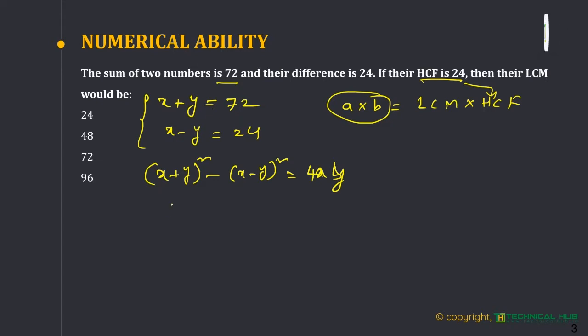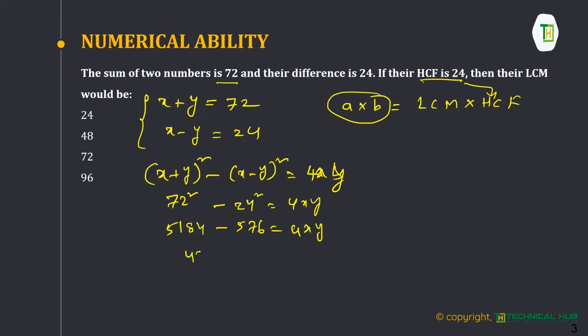Here x plus y is equal to 72. 72 square minus 24 square is equal to 4xy, right? What is 72 square? 72 square, that is 5184, minus 24 square, that is 576, which is equal to 4xy. Now from this, 4xy is equal to 5184 minus 576, that is